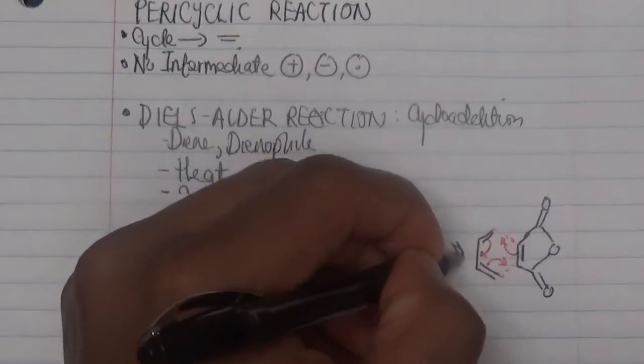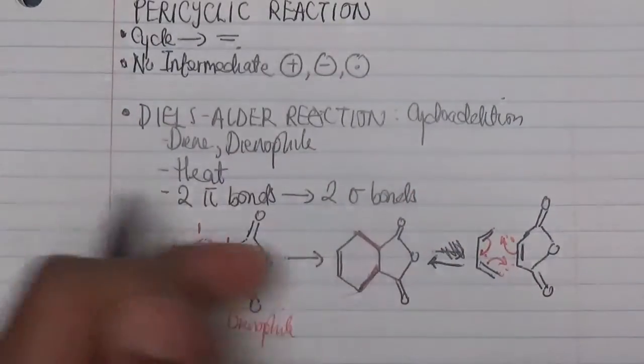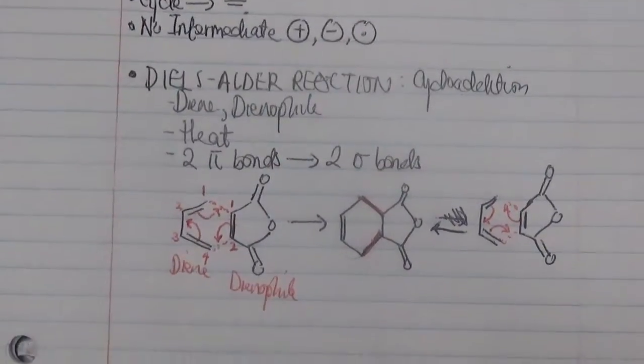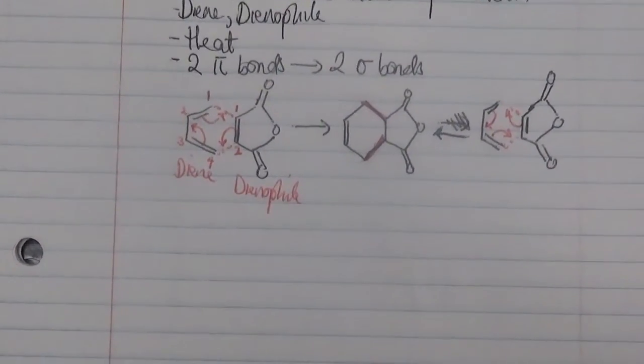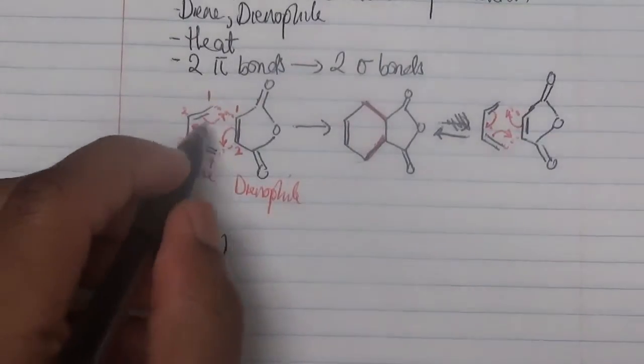Sorry, I have to cancel this arrow. It's actually going this way. So it's either you're going to the left side or you're going to the right side to form our final product. Now let's look at the MO, which is the molecular orbital theory, and how this will actually lead to